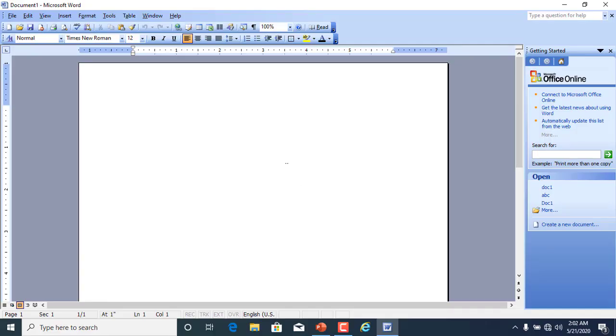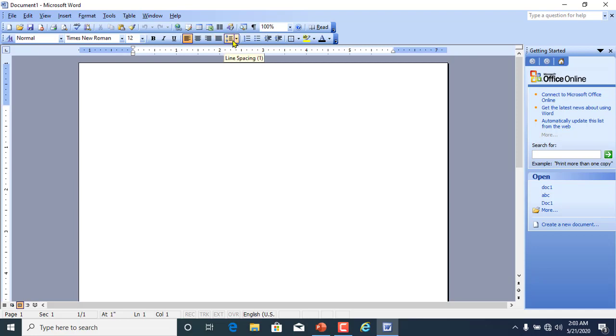Let us see these icons of the formatting toolbar on the main screen of Microsoft Word. Students, as you can see here, this is the style icon, this is the font icon, this is the size icon, bold, italic, underline, align left, center, align right, justify button.